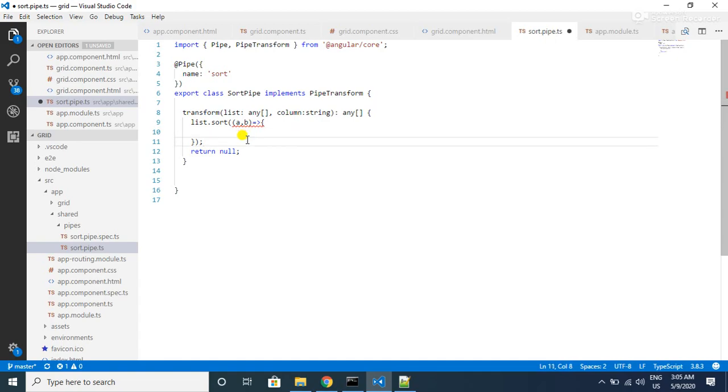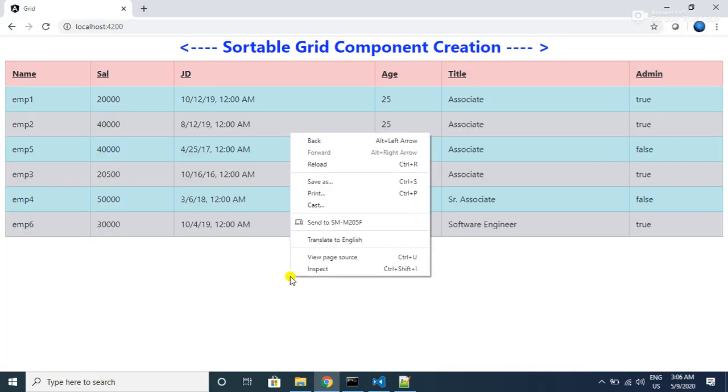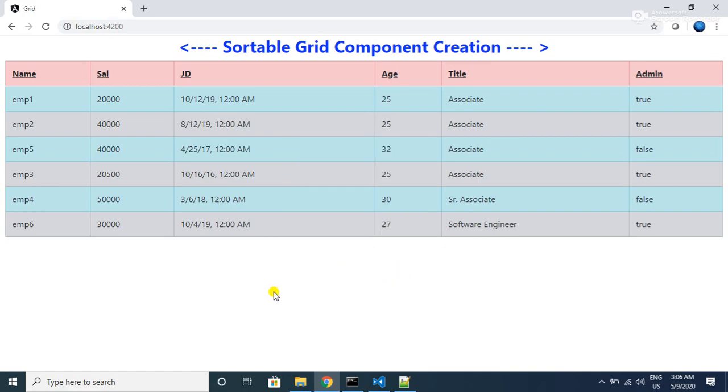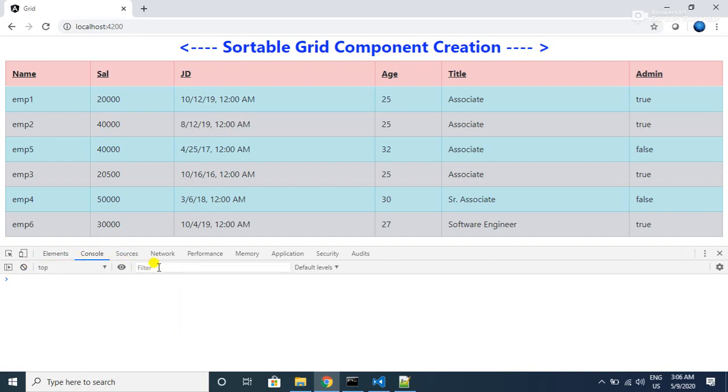So before that, let me just show you how this sort function will work. So let's go to the browser and open the console. Here, if you see, we are passing a number array to this sort method, and inside this sort method we are having a and b, that is, at a time, for the first instance it will take 11 and 2. a is 11 and b will be 2.